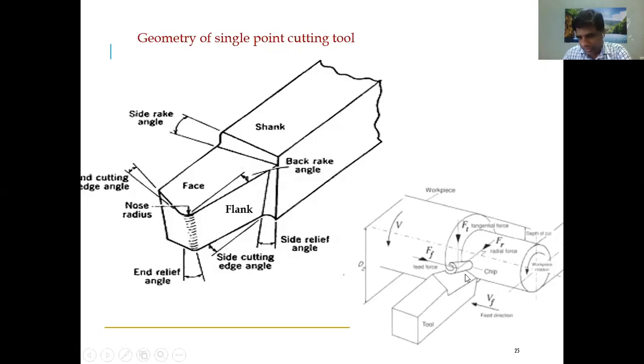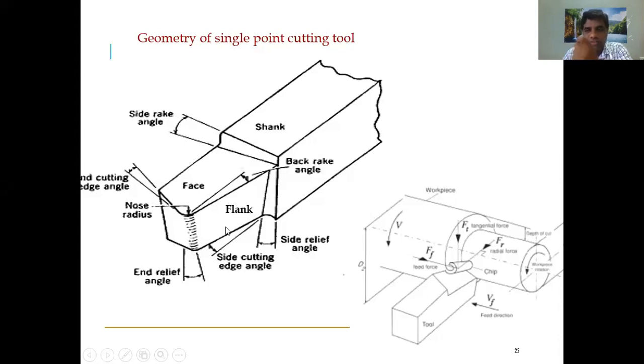So this portion is called the face, and this portion is called the flank. What does the flank do? It is not touching the chip, but it is touching the workpiece. It is the surface parallel to one more surface on the other side, and that surface is called the flank. So this flank is touching the workpiece, whether finished or unfinished, and it is not doing any cutting. It is not exposed to the chip. This is the portion of the workpiece which touches the portion of the cutting tool.